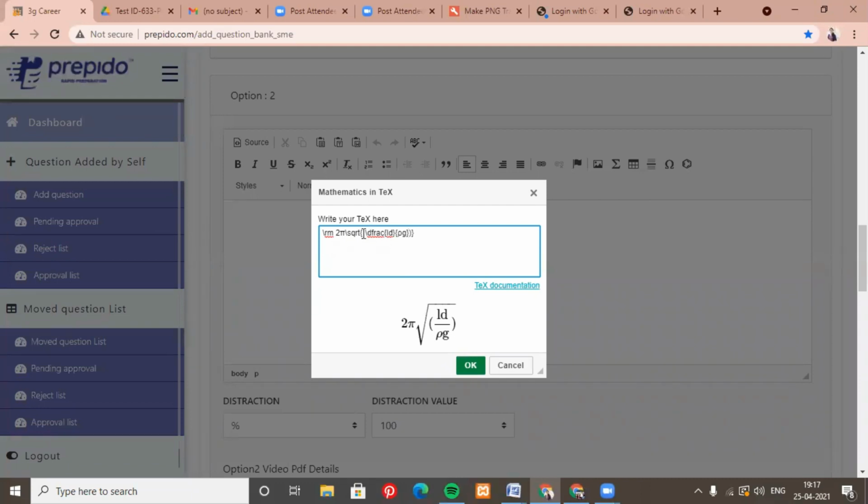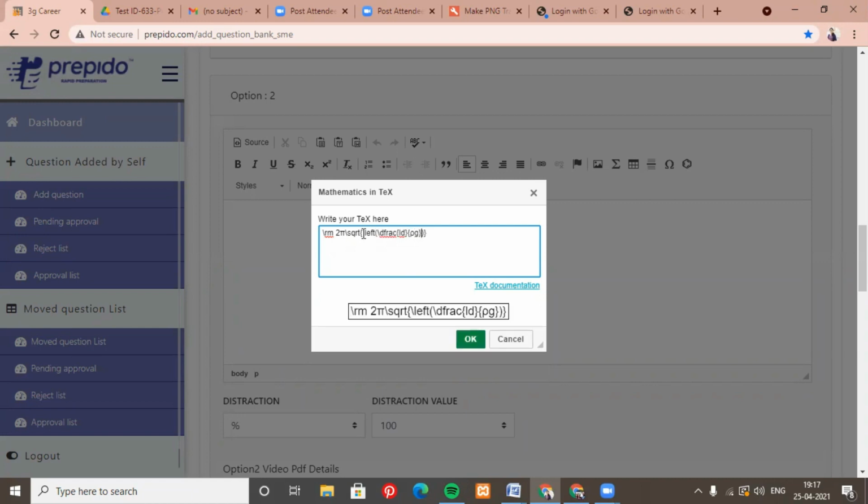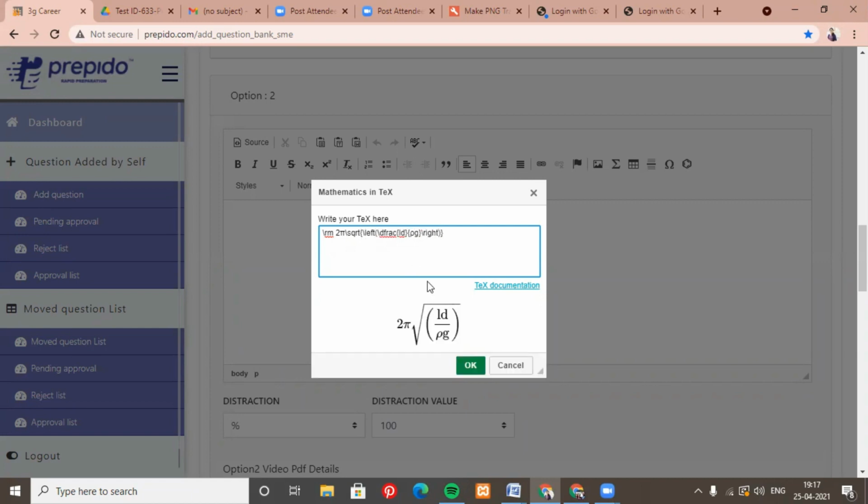To make these brackets longer, you can use the left and right text here, \left and \right.